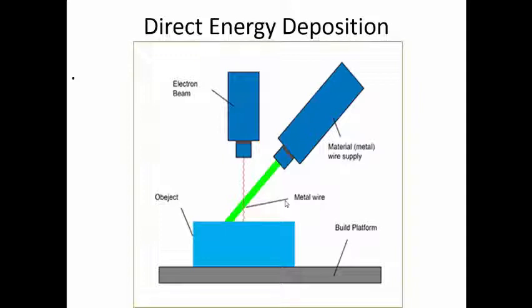So what is the advantage of this particular process? The strength is very high, good strength is achieved. The process is typically faster as compared to most other processes, and we can use a wide variety of materials, metal powders. We can also use a filament in this particular process. The main disadvantage is that a lot of material is going to be wasted if you are using powders, because you have to use some kind of pneumatic power for transfer of the powder particles. Whatever powders are falling away, usually the contamination will be much higher as compared to powder bed processes.